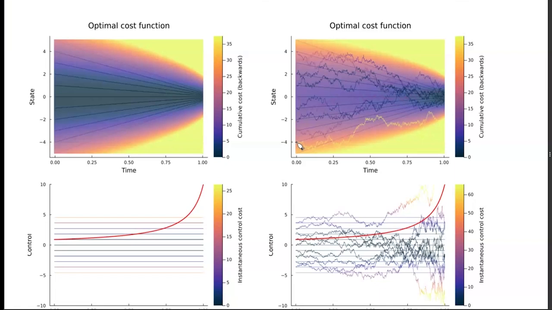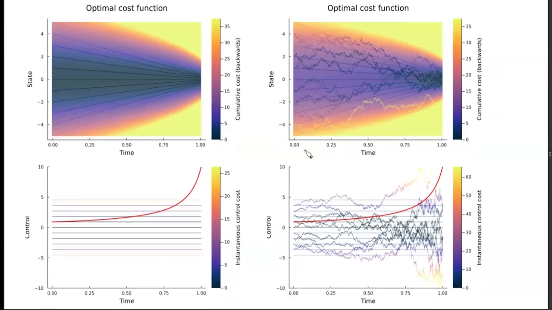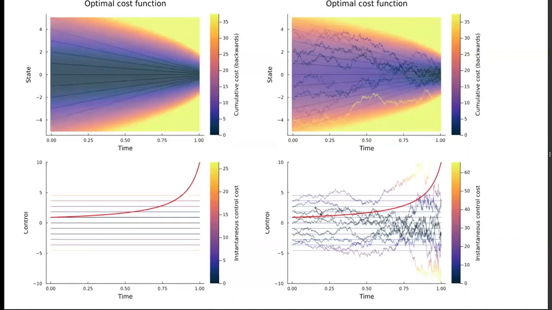But if I took a bunch of trajectories and averaged them together, then this should match. And we see here, again, these are the deterministic controls. But if we look at the stochastic controls, they vary a lot. And in particular, as we get towards the end here, those trajectories that have strayed far off from where we anticipated they would go,